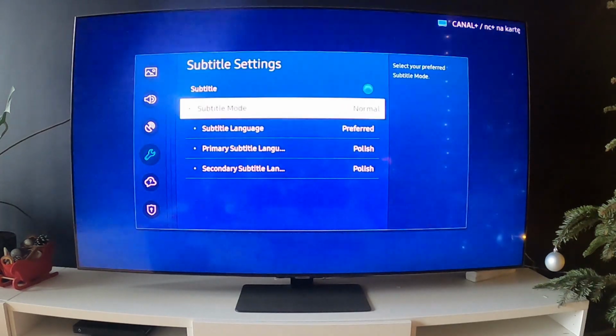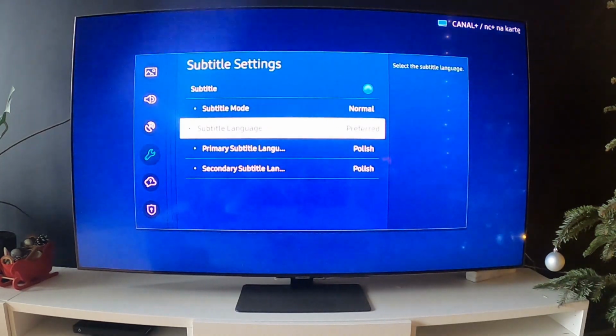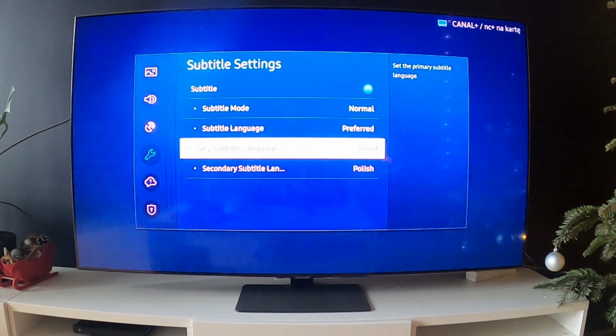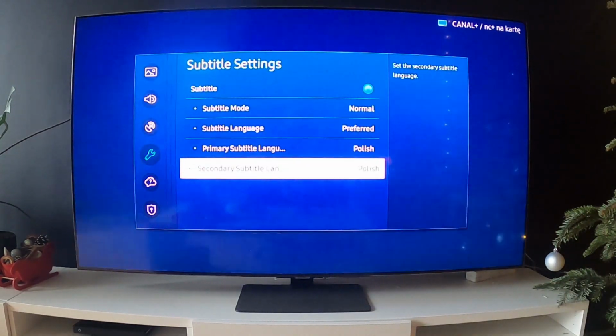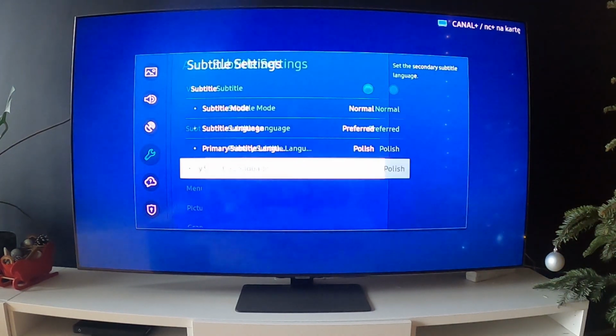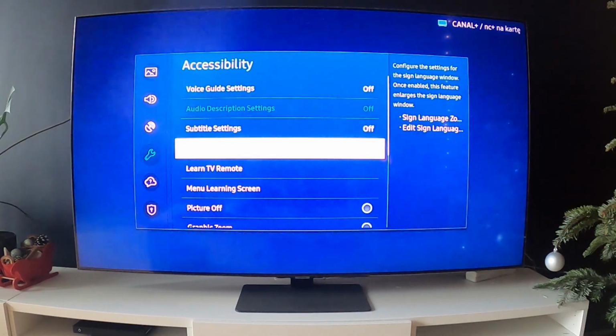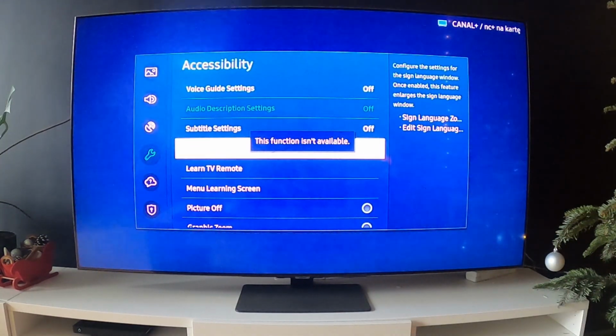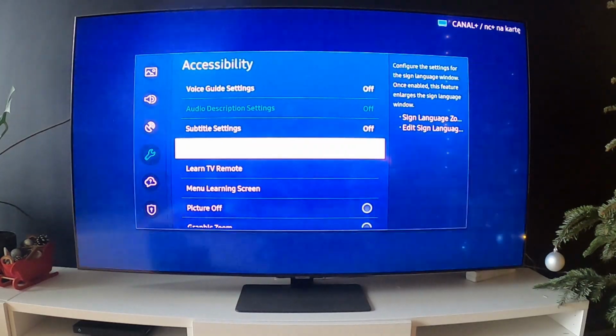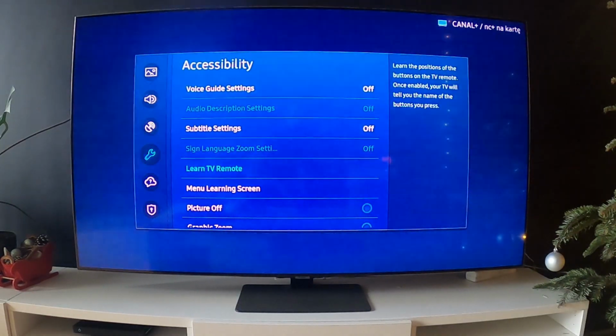enable subtitles, change subtitle mode, language, primary for subtitle and secondary language for subtitles. Then you can enable sign language zoom settings, learn TV remote,